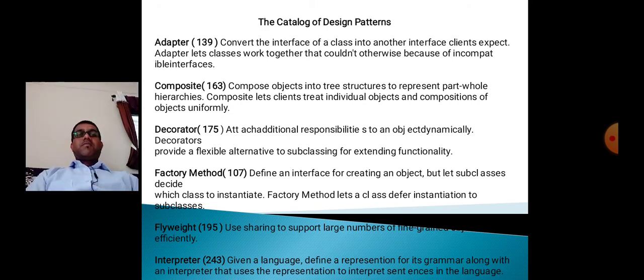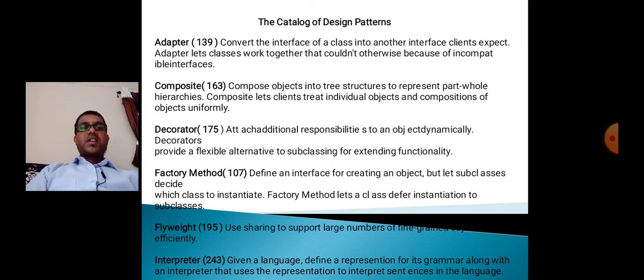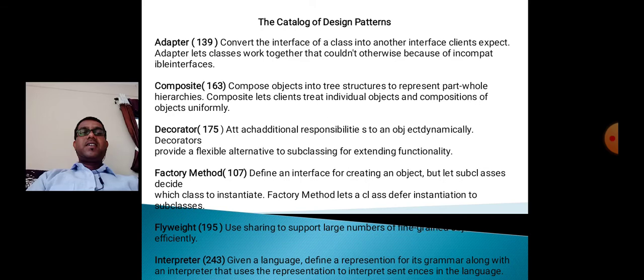Then the factory method, 107, defines an interface for creating an object but lets subclasses decide which class to instantiate. Factory method lets a class defer instantiation to subclasses.